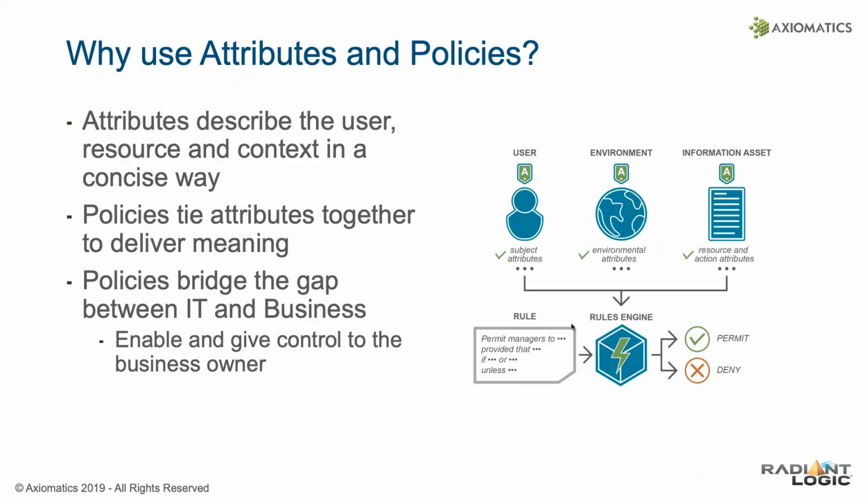So how can we do this using attributes and policies? Well, hopefully you can see from my previous examples how attributes describe the user, resource, and context very specifically. And then the policies provide the logic for determining the outcome, whether it's a permit or deny result. So the policies really are the bridge of this gap between the IT and the business, because this is always